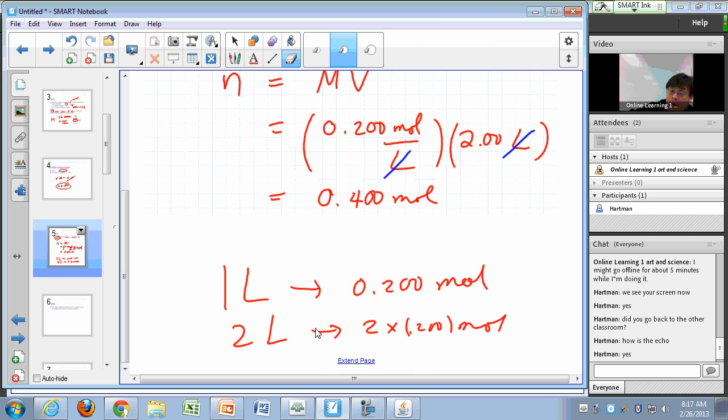Figure out how many moles of sodium carbonate we have in the solution. Then to figure out grams, all you have to do,